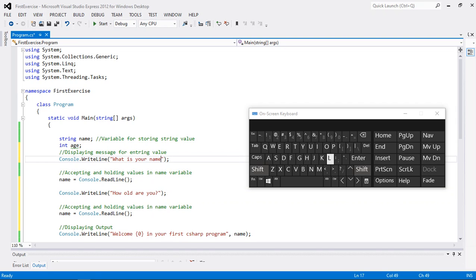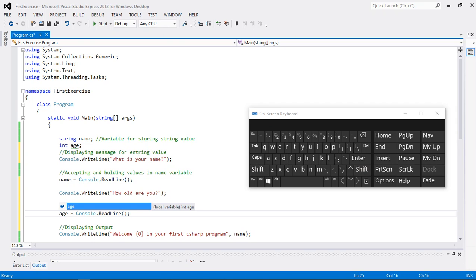So this one, okay, and then how old are you? So I'm gonna change this to the variable age, and then I'm gonna use, let's say,